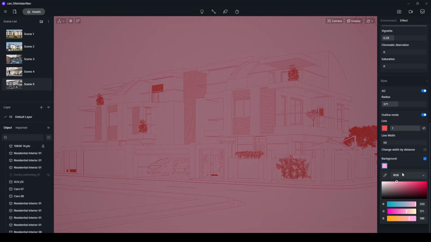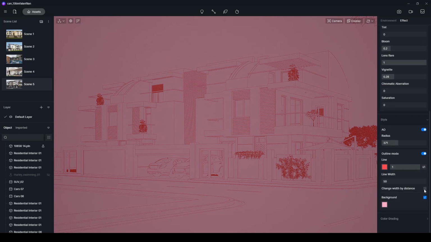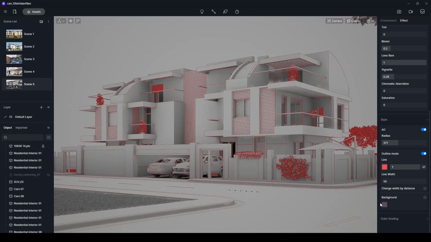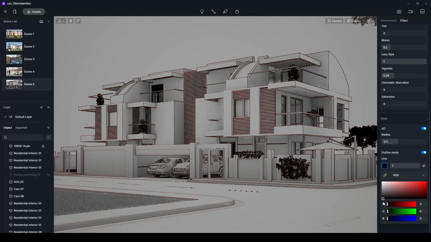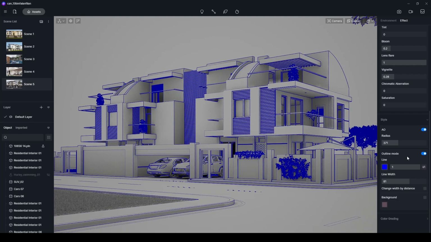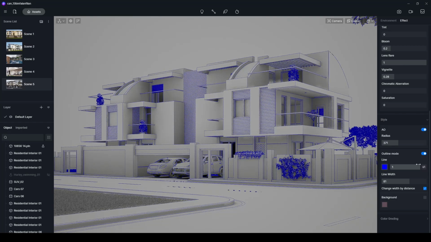Those can be very useful depending on your presentation style. I'm just going to turn off the background and maybe I'm going to use a blue line. Maybe I can turn on change width by distance. Now I can take a render of this angle.